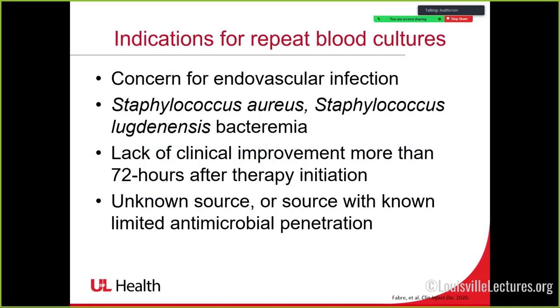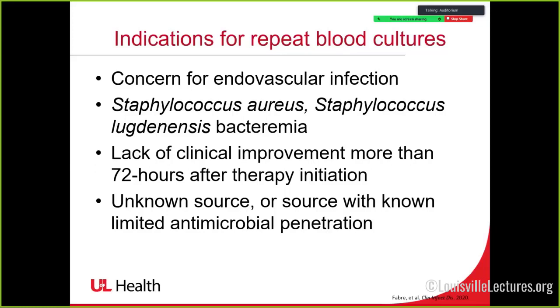So repeat blood cultures is also something that comes up quite frequently, right? Do I need to get repeat blood cultures for this patient? Do they have an infection and I'm checking for clearance or I'm checking for improvement? And this is something that, aside from initial ordering of blood cultures, also gets overutilized. So I wanted to highlight the indications for ordering repeat blood cultures. These are concerned for endovascular infection. Does your patient have a device or something that would predispose them to an endovascular infection, in which you want to make sure that you have either gotten the source or you want to check for clearance and improvement in